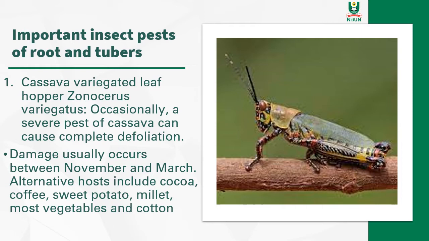That is the dry season. That is when they usually come in, and they come in their numbers. They are usually a swarm. When they come in, they come after all the leaves and they eat anything green on the field. And perhaps they don't see cassava. The alternative crops are cocoa, coffee, sweet potato, millet,